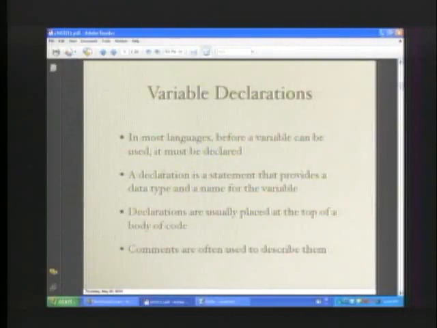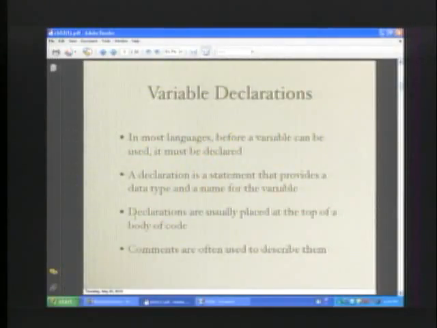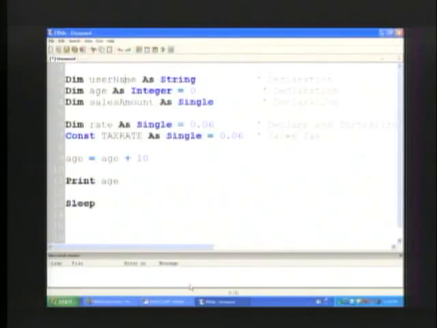So this declaration is a statement that provides a data type and a name for the variable. Again, here's the data type, here's the name. These are all declarations. They're usually placed at the top of your program. So usually when we create a program, we declare all of our variables right at the very top. And then sometimes we'll use comments to describe them. You can always put comments next to the variables, and you probably would want to line them up nicely so they all look aligned straight. And then you could just put up here